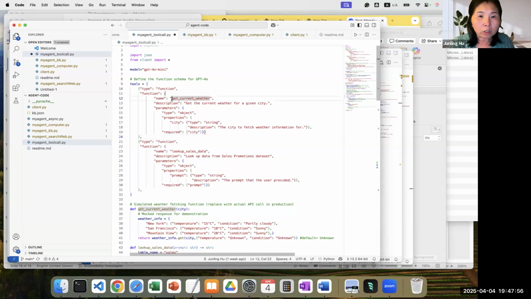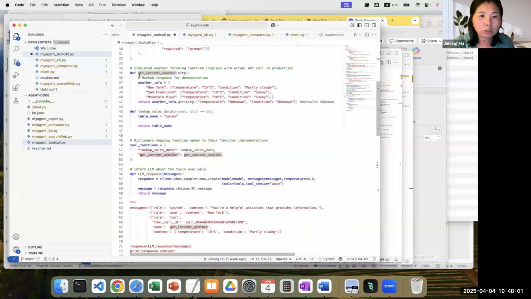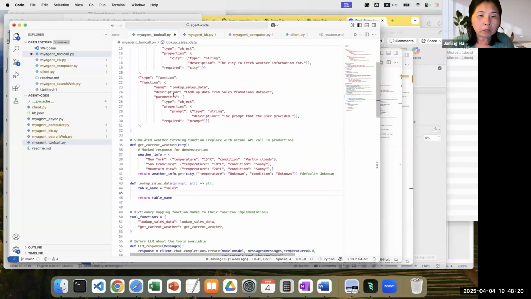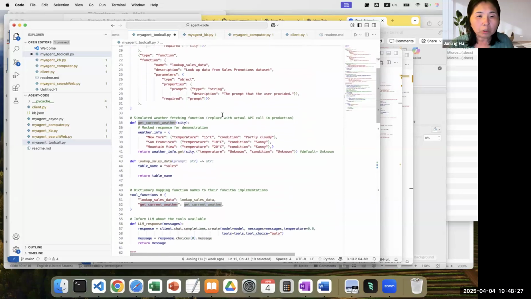Essentially, all these tools will be defined by your function. So this is classical software engineering. This is where you define it. Right now, I don't have a very complex tool. In fact, you can add a SQL selection, whatever, here. We'll do that in the later part. But what I want to show in this part is defining the tools and how to actually execute the tools. So the function is defined here.